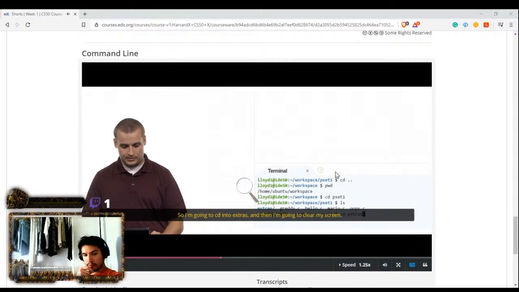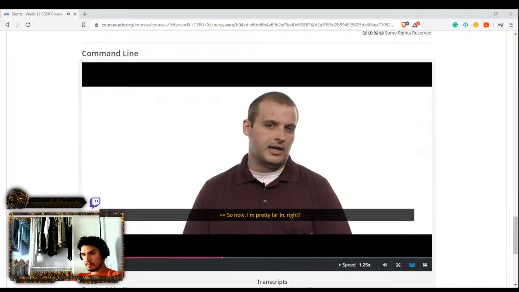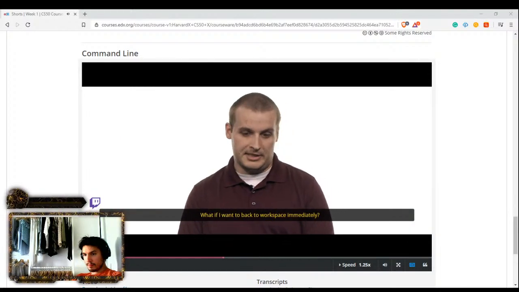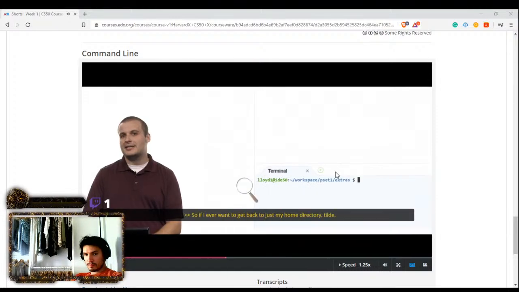So I'm going to cd into extras, and then I'm going to clear my screen. So now I'm pretty far in, right? What if I want to get back to workspace immediately? There's a couple things I could do. I could type cd dot dot slash dot dot to move up one level and then another level, but that's kind of annoying. So if I ever want to get back to just my home directory, tilde, I can type